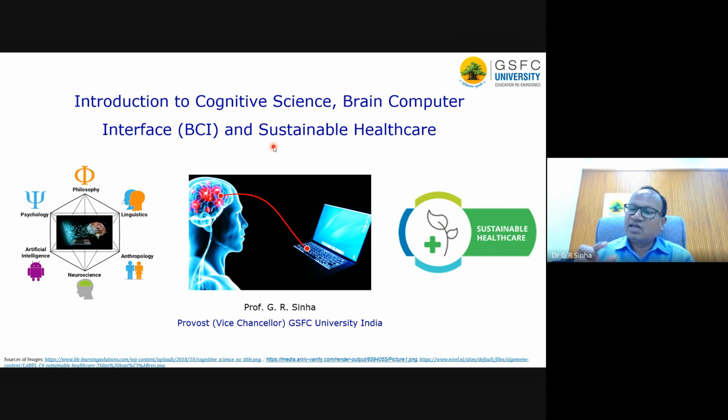So brain computer interface does not necessarily have to have a closed loop. Brain computer interface may have open loop also. It may not always have closed loop. It means the feedback signal, wherever needed, can be given back to the human brain wherever required. Otherwise it is not always there.